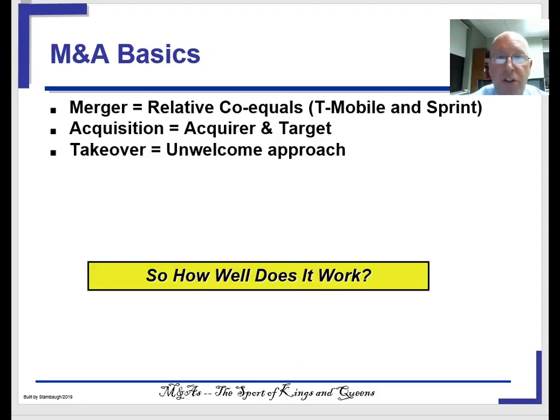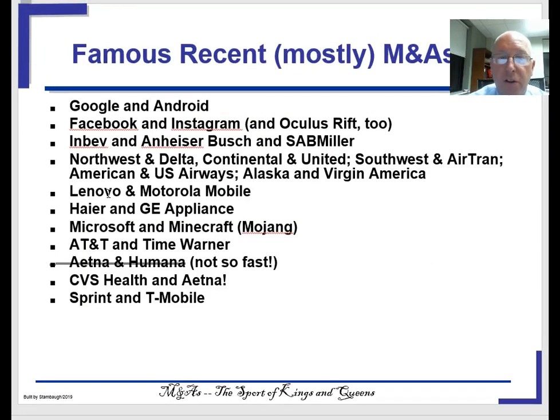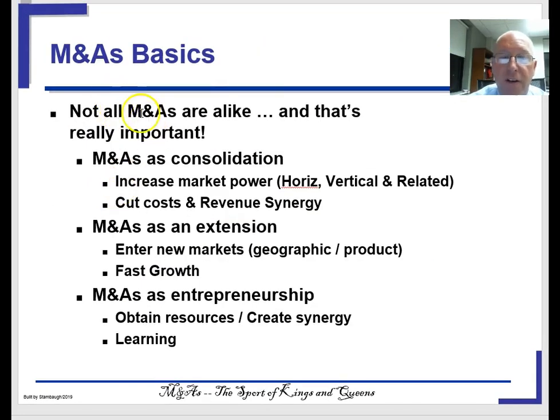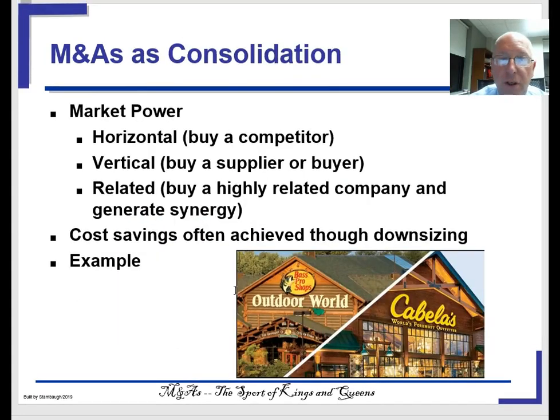For chapter 7, mergers and acquisitions, you're going to start off by knowing the definition of a merger and being able to explain why mergers are relatively infrequent. Nothing on this slide. It is very important that you understand the fundamental differences between a consolidation, an extension, and an entrepreneurship M&A. And within those, there are some key concepts. Downsizing, make sure you understand what the concept of downsizing is